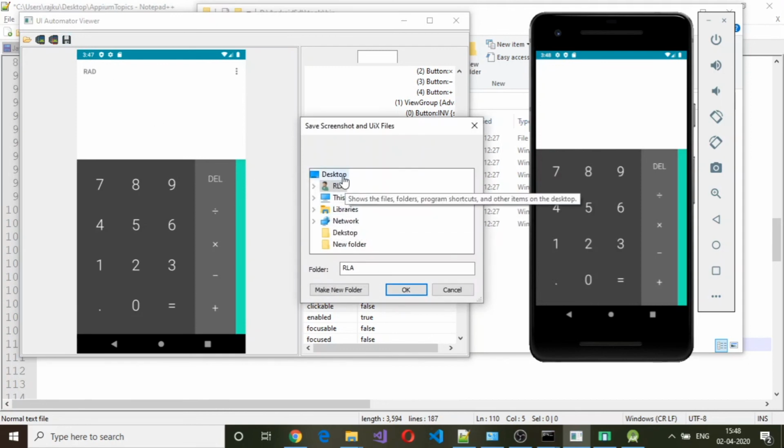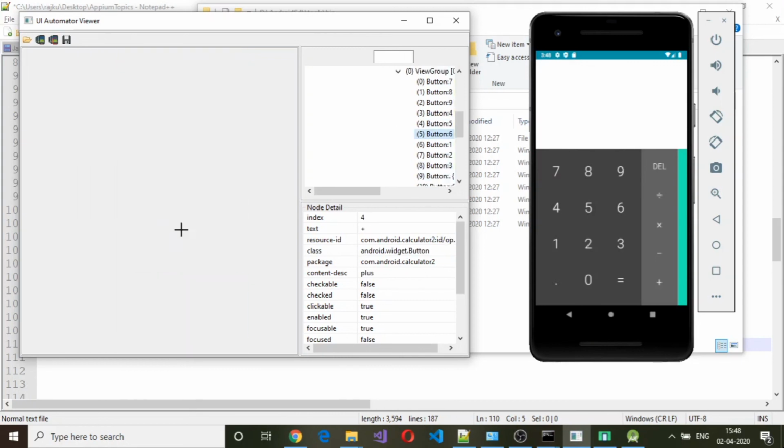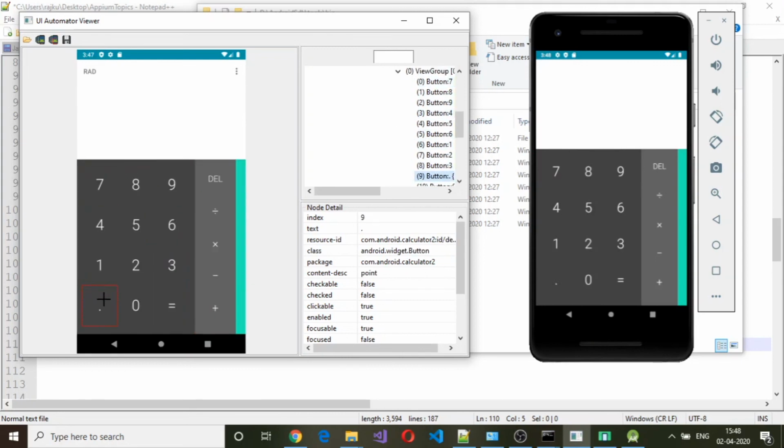So let me save this on to desktop. Okay, and if you hover over certain buttons, you will get the details or properties of that particular button, and based on the location strategy we can perform operations on these buttons, which we will see in the next session.